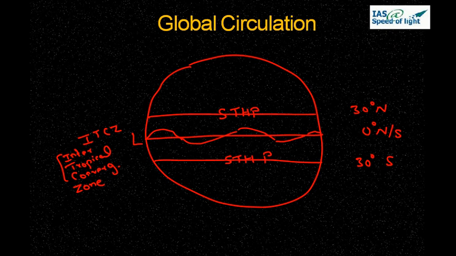This subtropical high pressure belt influences the distribution of deserts all around the earth. Like ITCZ, which governs the distribution of rainforest around the world, this subtropical high pressure belt influences the distribution of deserts around the world. Let's go one step further north and south,